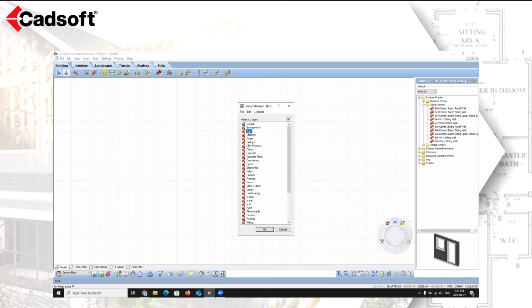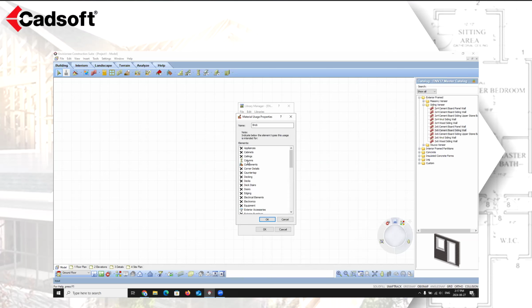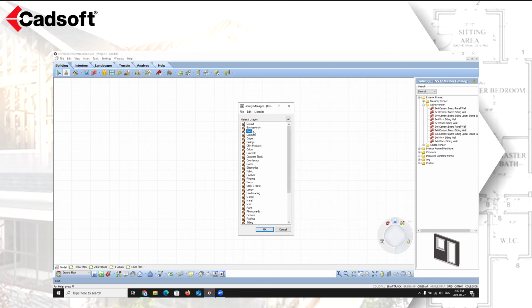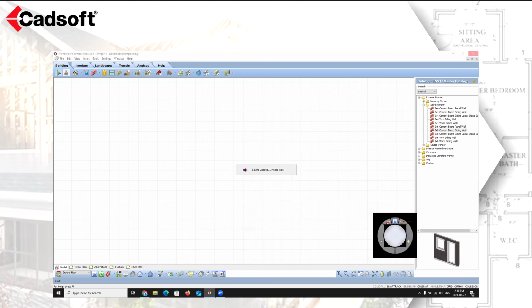I will show you what that does if you don't have it assigned. So if I, as an example, go back in here and let's just turn it off of columns and say okay to that real quick. You may have seen this dialog pop up in your use of Envisioneer, and this is what controls that. So I'm just going to show you exactly what that is. I'm just going to let that save for a quick moment. And if I drop in a column into my design here,